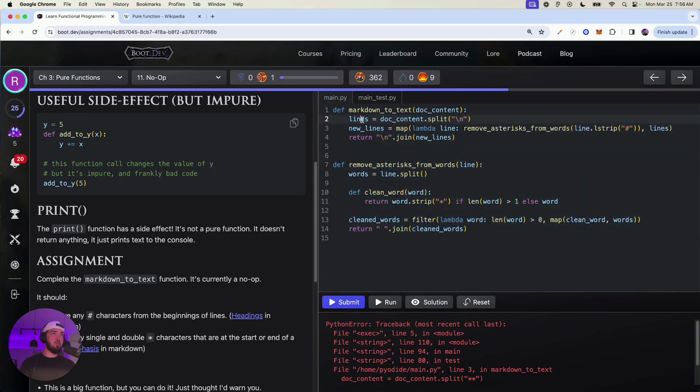So it looks like markdown. We assign lines to, we're splitting everything on a new line. Okay, and then we take the new lines, do a lambda function through it. We're removing the asterisks from the lines and returning it. So that's step one, remove asterisks. Oh, but we're also stripping, let's see, we're removing asterisks from the stripped